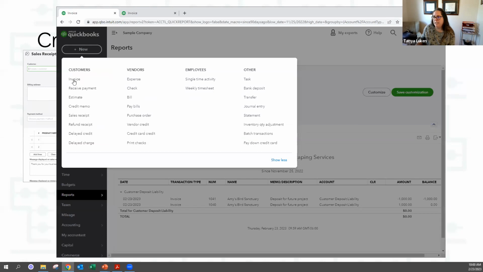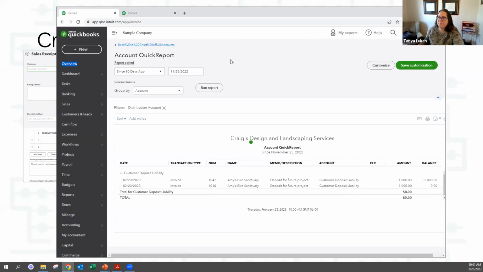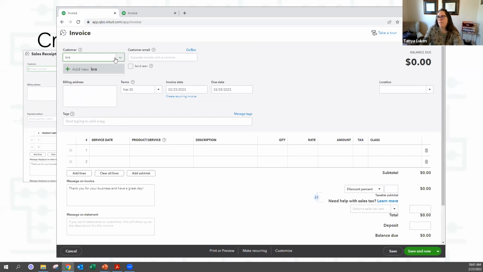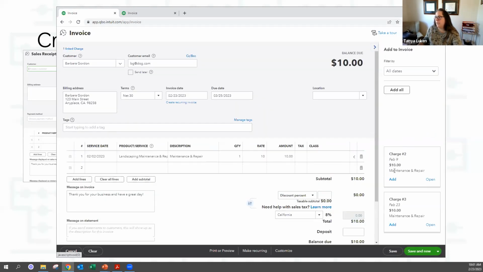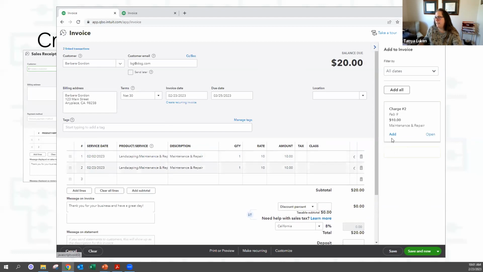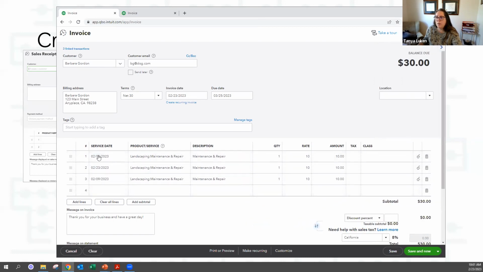So now, if I come back to my invoice, I feel like my internet is really bashful today. Sorry, I clicked the wrong button. I'm going to add all of these. And now it shows the service date of when we were there. Okay. So this is super handy. If you have things that you need to bill for, but you're not going to bill it all at once, using those delayed charges is an excellent way to do that kind of stuff.